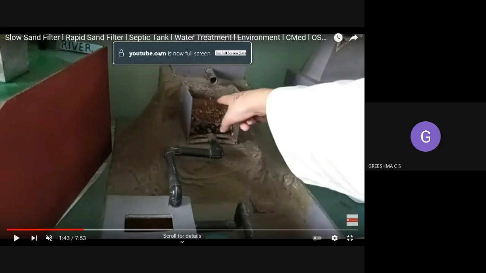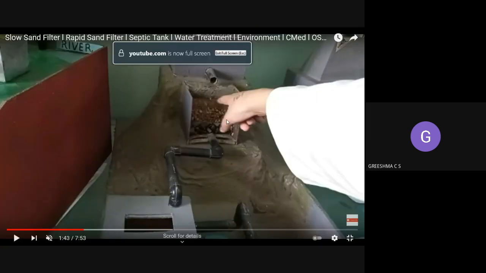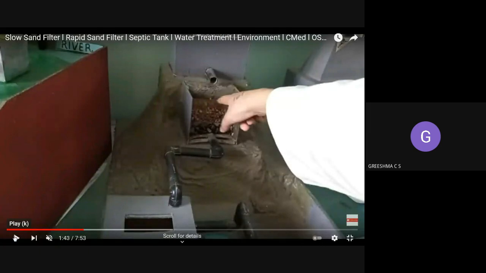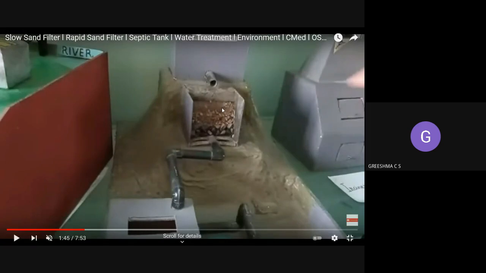So this is a schematic video of a slow sand filters. Okay, so as you can see this is a model of a slow sand filters. Okay, so water will be coming from here. This is from the sedimentation chamber water will be coming to this. So here there will be sand layer, the gravels will be here. So here the finest gravel, and bottom portion you will have the coarsest gravel. So this is the lateral drains.